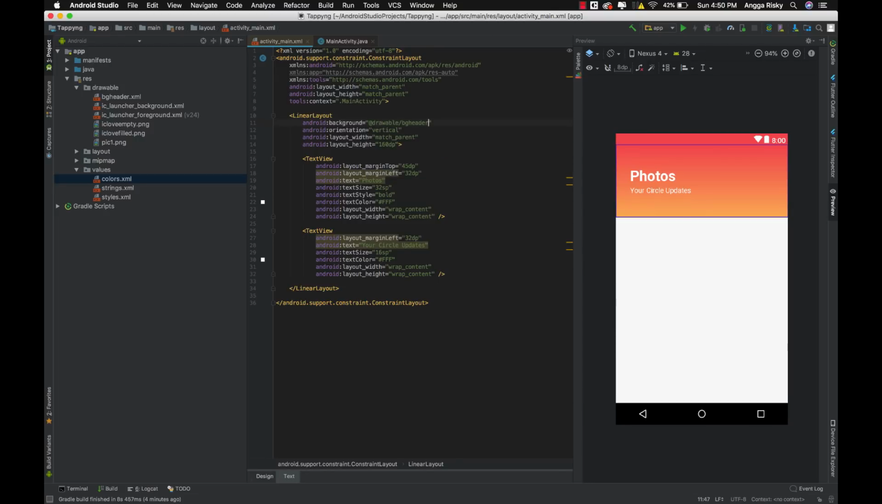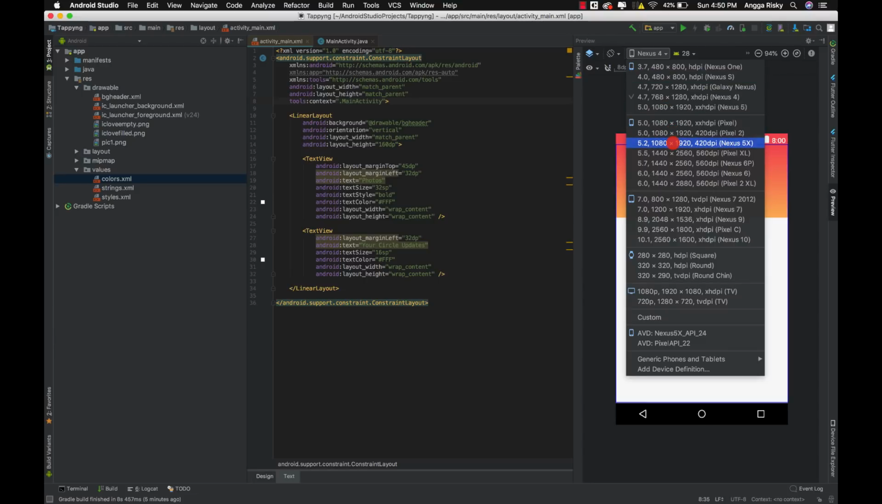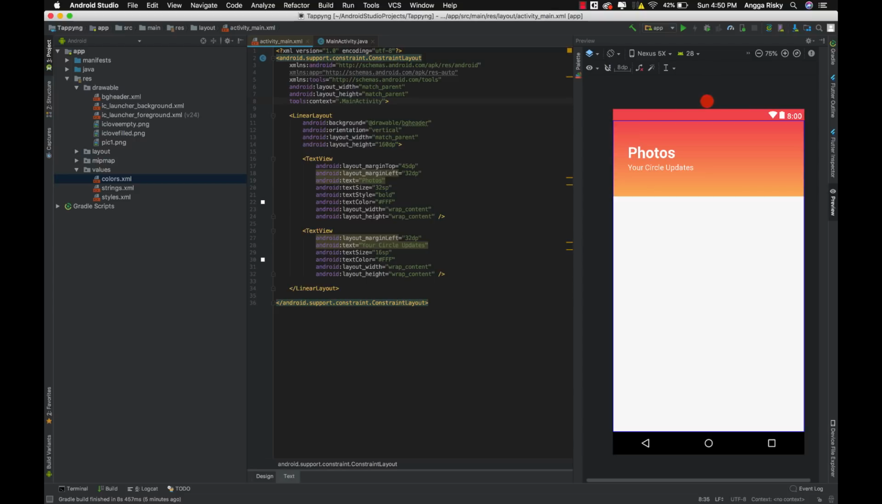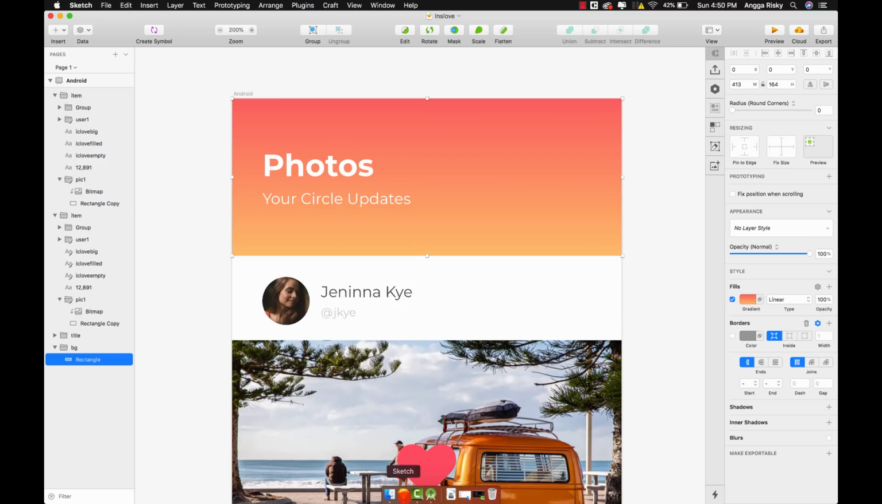Durable background header. Wow, looks cool, right? So here is your design. Actually this is my design, but because you're learning, so this is our design. Okay, just fair enough. So after that, if we go back to the design, you see that we get